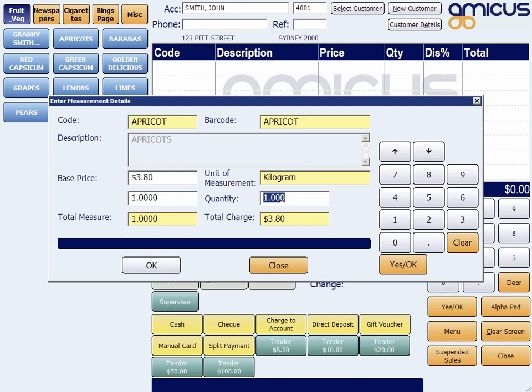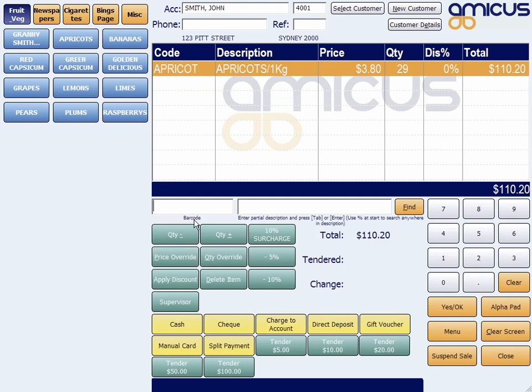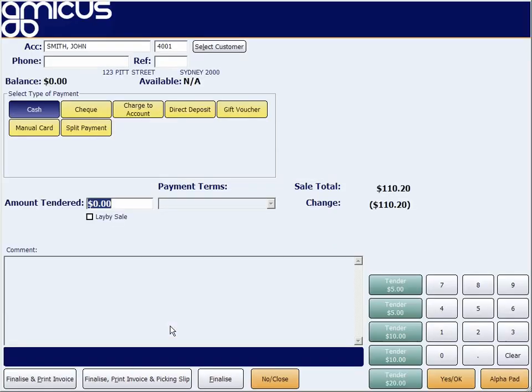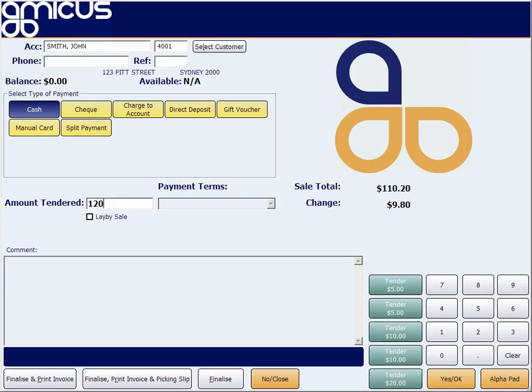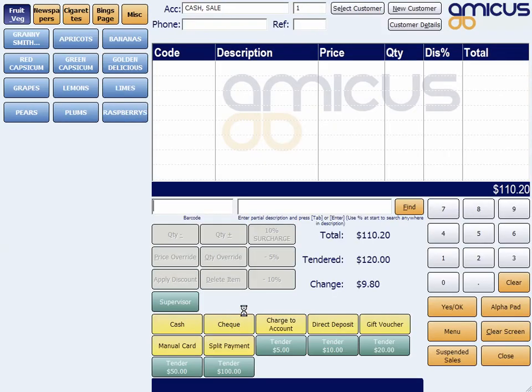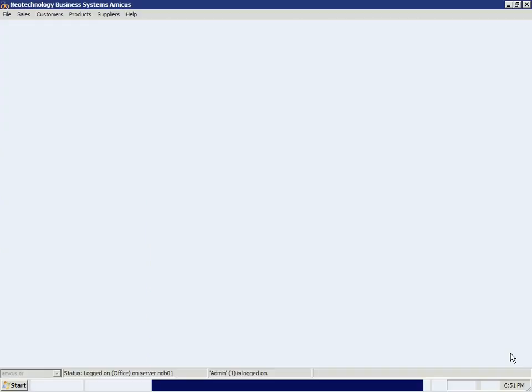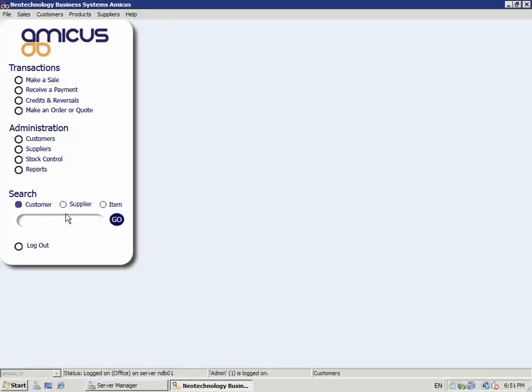Let's choose apricots, $3.80. Let's choose 25 kilos of apricots. Oh, no, let's choose 29 kilos of apricots. Look at that, just over. And that's all Mr. Smith is going to buy. We'll cash him off. He's going to tender $120. And the sale's complete. Now if we go in and look at Mr. Smith again,